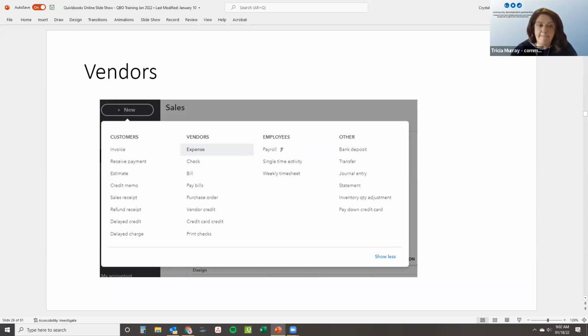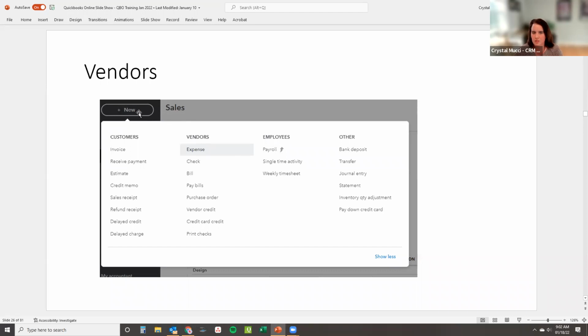Okay. Perfect. All right. So last time we talked about customers and sales and how to do invoices and sales receipts and stuff like that. So we're going to move on to vendors and employees this time. If we're able to, we're going to start talking about what this other column is. So you get to vendors the same way you do some of the customers. As I mentioned last time, sometimes you can do these on the left-hand dashboard side, other times they're the new